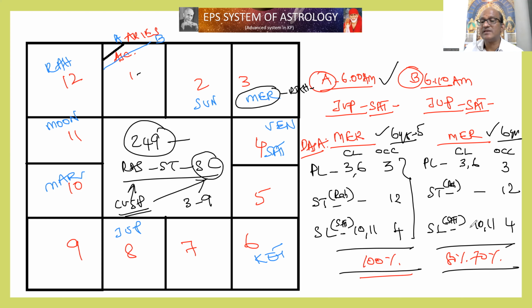Then the significations are the same. Why is there so much difference? Where do they differ, when the planet, star, and sublord are the same, the cuspal lordship and occupying house are also the same? So what makes these two people's significations different? We know that each planet, that is Mercury, Rahu, and Saturn, has some additional significations for this person, and for this person they are differing. That is what we are missing here. That we have to identify. You understand? That we have to check.